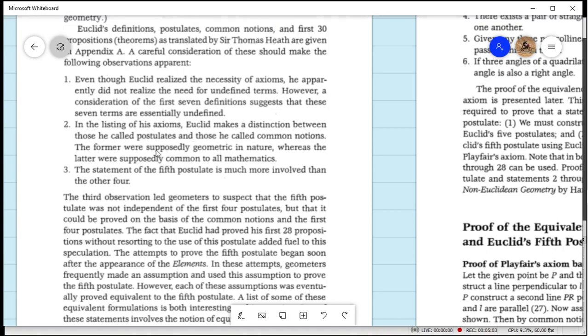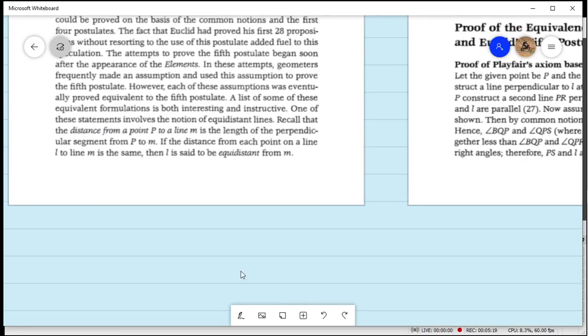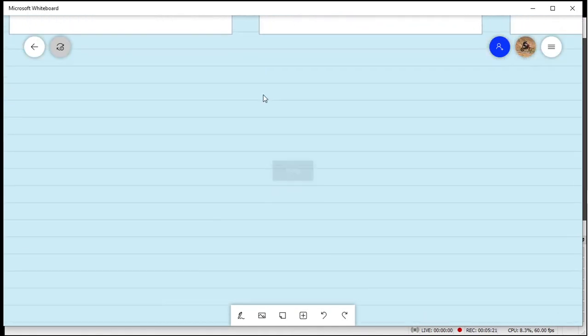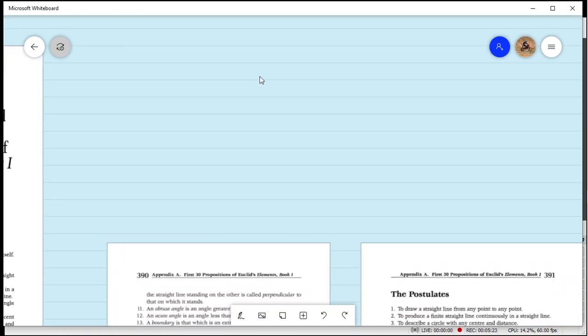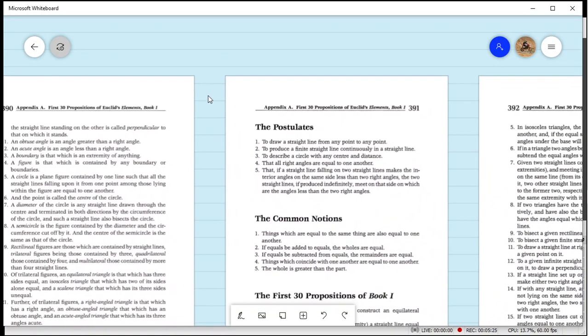Although these are all just axioms, the former, the postulates, were supposedly geometric in nature, whereas the latter were supposedly common to all branches of mathematics. If we look at the postulates and common notions here,